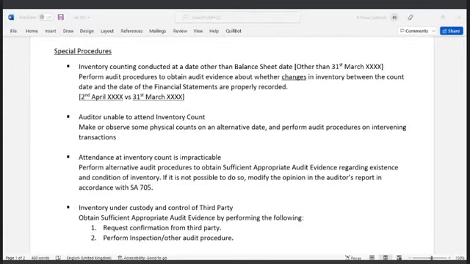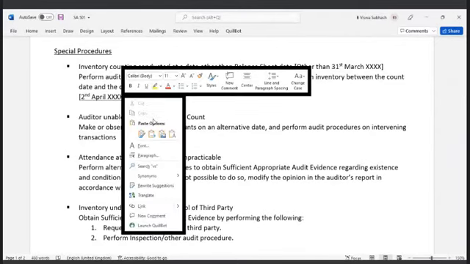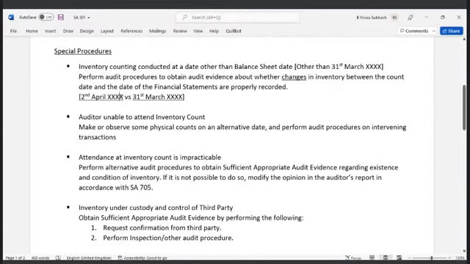So 1st April is a Friday. Friday is still a working day, so they will not touch that also. 2nd April is a Saturday and 3rd April is a Sunday. My assumption is perfectly fitting for 2022. So 2nd April is a Saturday, 31st March is a Thursday. You cannot stop the operations on a weekday, right? You can only carry out certain activities during the weekend so that your regular operations and sales do not get